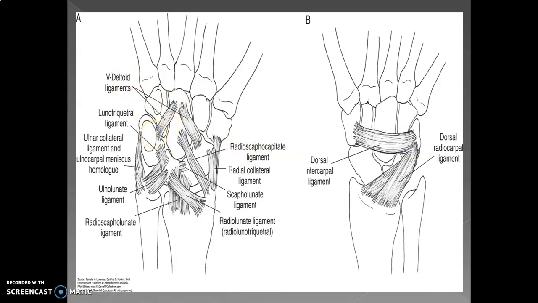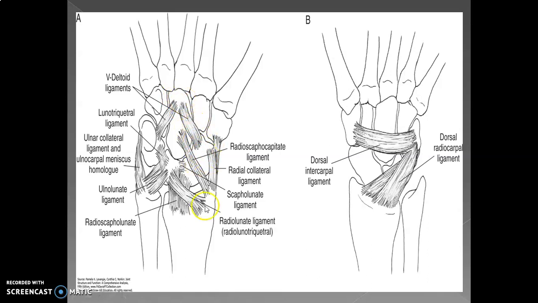Between the lunate and connecting to the capitate, which is an important distal carpal bone, and also the ligaments we have from the triquetrum, which is also attaching to the capitate here. So sorry, scaphoid.